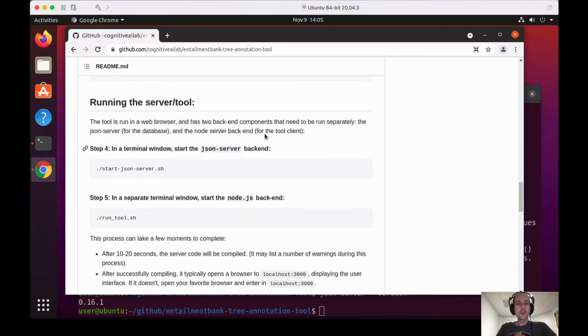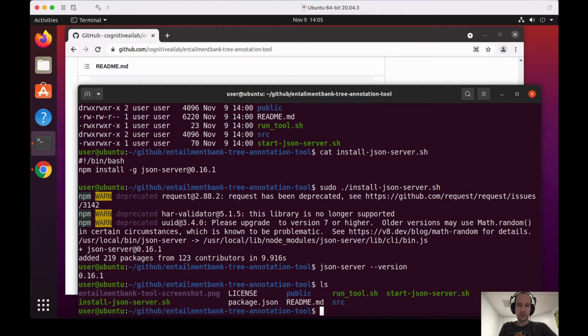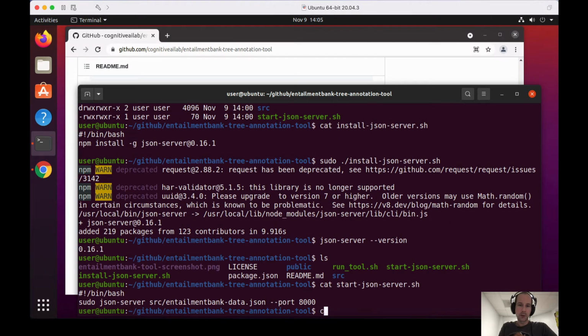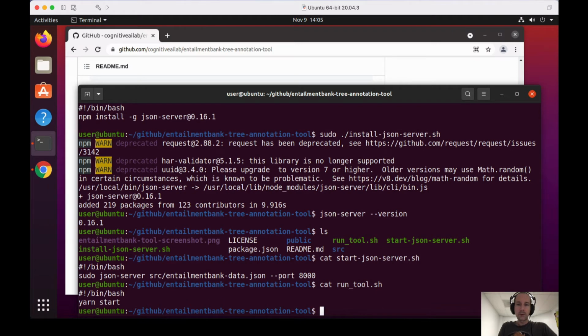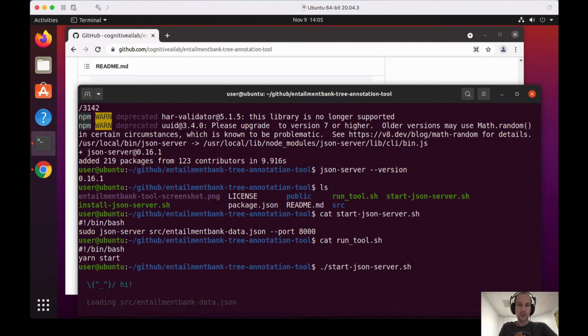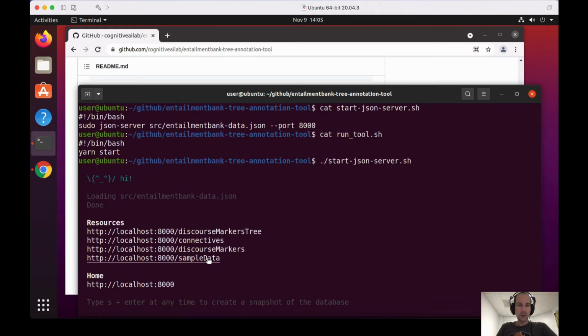Okay. So once we've done that, we should nominally be able to actually start running the EntailmentBank server, which happens in two parts. There are two parts of the backend. One is the JSON server itself, and the other one is the node.js server. These are the two scripts here, the start JSON server and then the run tool scripts. First thing we need to do before we run the client is to run the JSON server. So I'm just going to run the JSON server script. It'll say, hello, I'm loading up your data, and then it will load it up and serve it